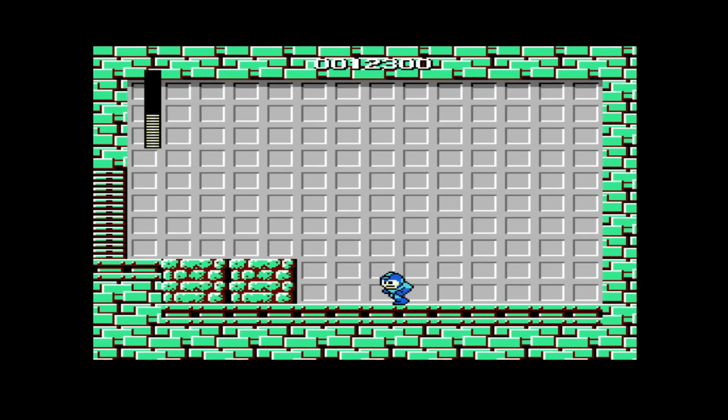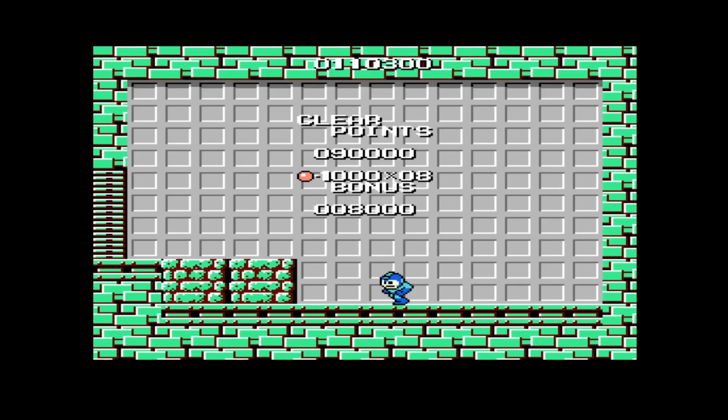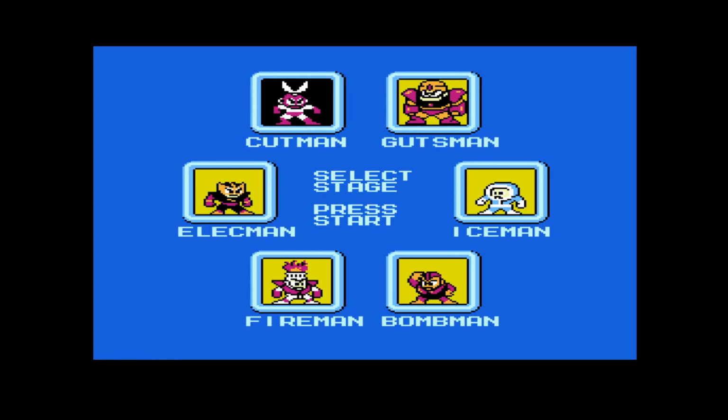There we go. Alright. So, I'd like to point out, I actually screwed up. I went to Cutman first just because, but that's not actually the stage I wanted to go to first, mostly because there's a special item in Elecman's stage that I need Gutsman's weapon to get. So I was intending to start at Gutsman, but my brain said, do the speedrun route. And it's like, I don't know the speedrun, so how am I going to do the speedrun route? So that was a screw-up on my behalf, so let's just go ahead and jump into Gutsman now, which has